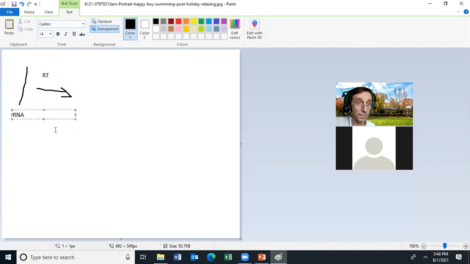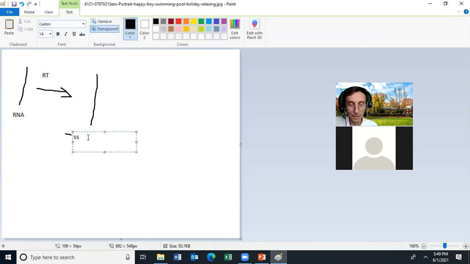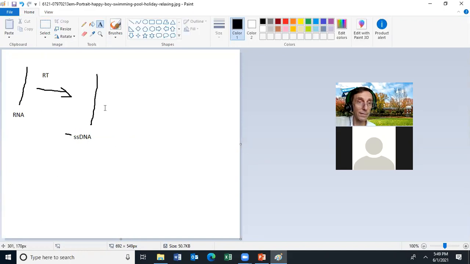The RNA genome can make a strand of single-strand DNA. And you don't really need to know this, but the reverse transcriptase will make the single-strand DNA